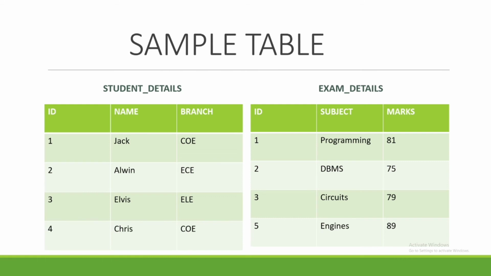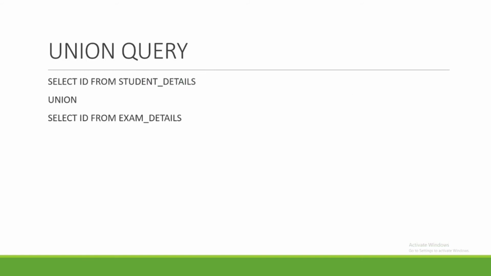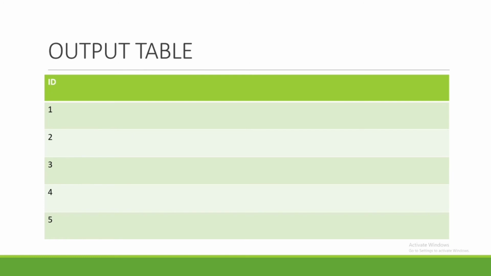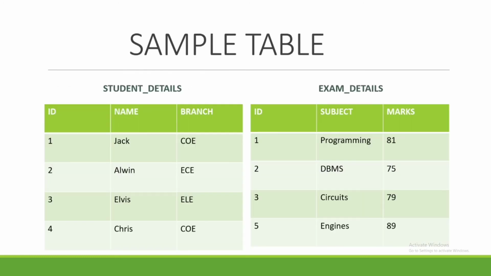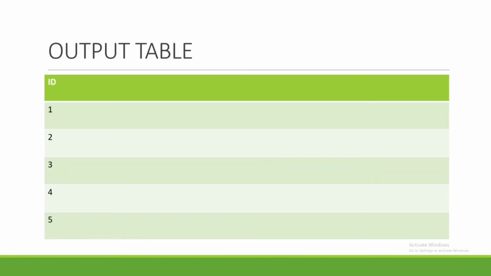Now what union does is it picks up the values and removes the duplicates. So you can see in both of these tables, ID 1, ID 2, ID 3 are duplicates. So in the output table, we will not get 6 rows, that is 2 1s, 2 2s and 2 3s. No, there will be only a single 1, single 2 and single 3. That means we are eliminating the duplicate values. Similarly 4 and 5. So if I show you the output, you can clearly see we'll get just 5 rows, that is 1, 2, 3 and 4 and 5 separately from both of the tables, right? So this is about the union clause.